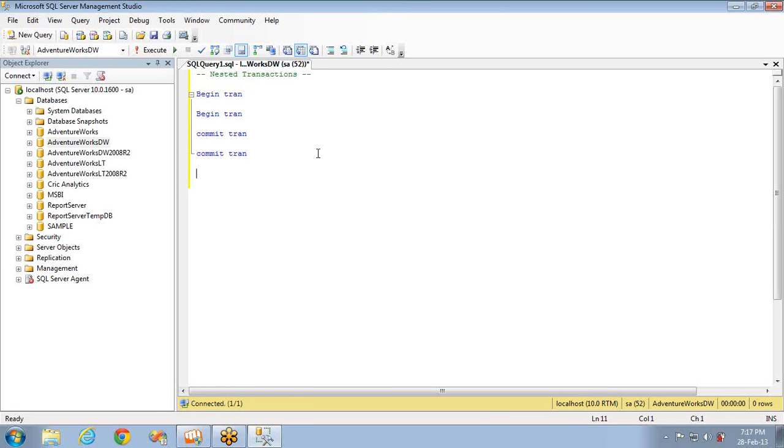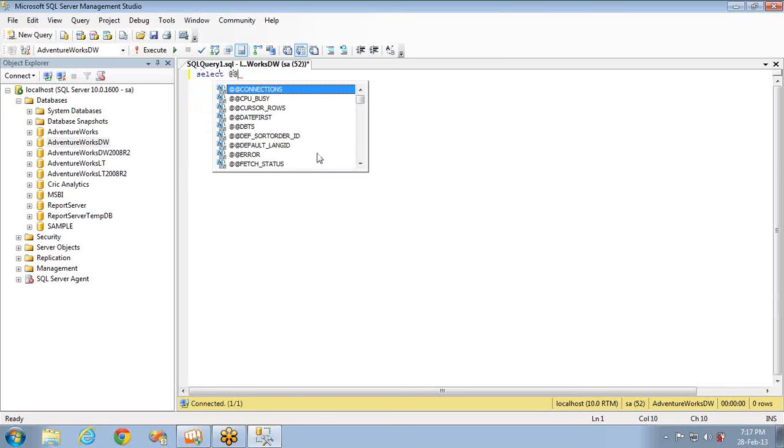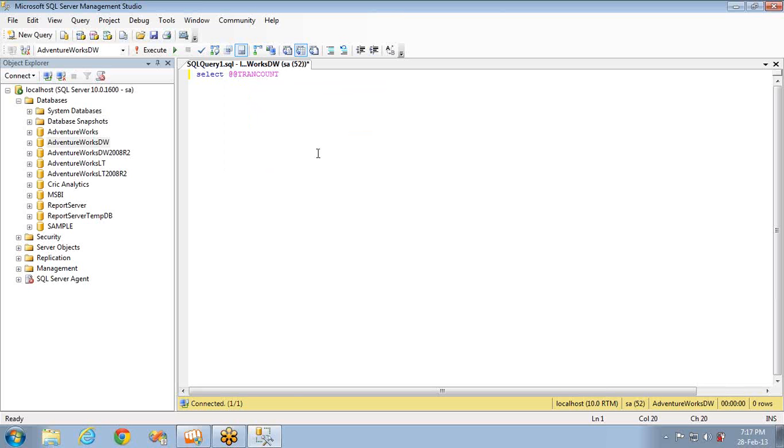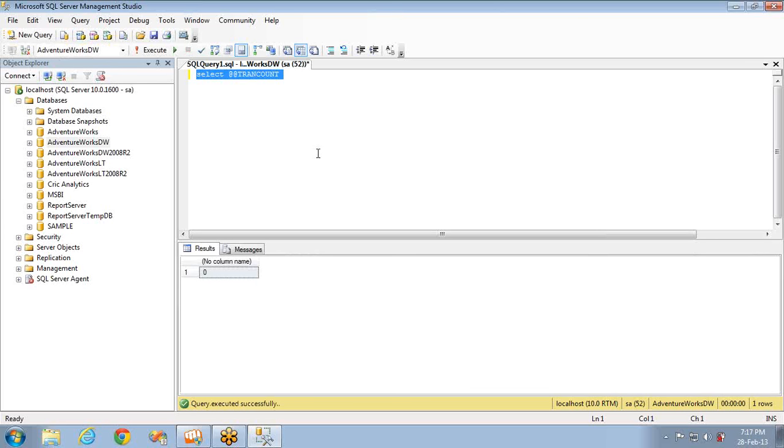Now let's see a simple example of how to nest transactions, and you all know what the output of this particular statement will be. What will be the output if I execute this select statement? It is going to retrieve the open transactions count. How many transactions are open at this point of time? Now there are 0. Now let's see how to nest the transaction and what the output will be if I execute the same command inside the transactions. First, I'm opening a transaction.